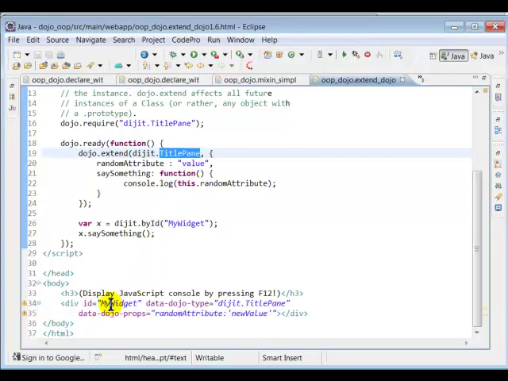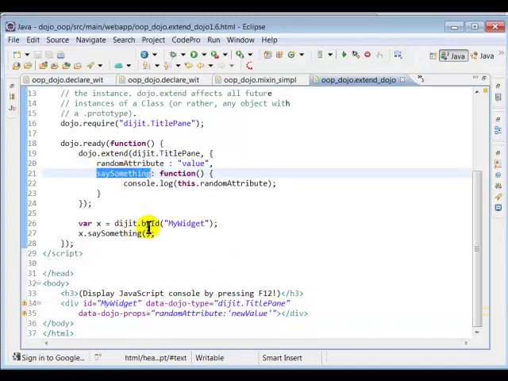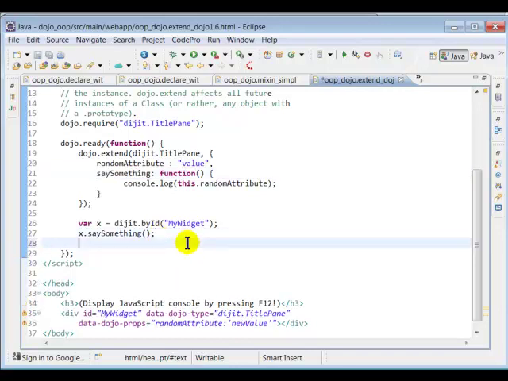In this case, when you're using data-dojo-type, basically it's creating an object of this. So it's going to have this random attribute and say something. When I get the reference of my widget by using dijit.byId, this object should have these two properties: random attribute and say something. If I call say something, it should display this random attribute value, which is new value. If I create another object like a var y,